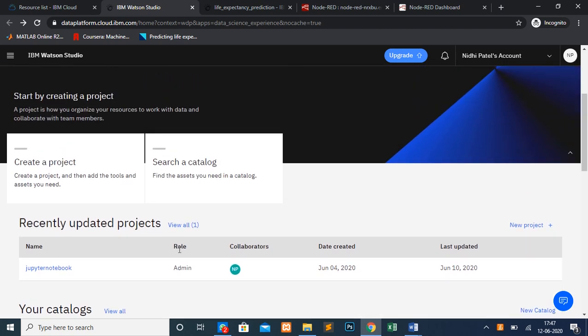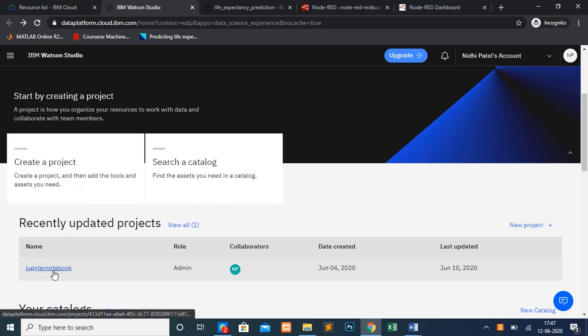Now, once you are done creating and associating the services, you have to create a project. For that, click on Create a Project and create a blank project. I've already created it, so I'll show you mine.